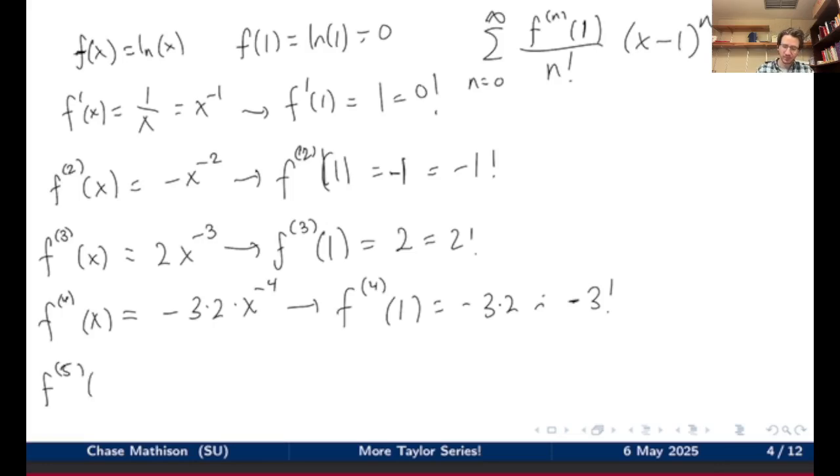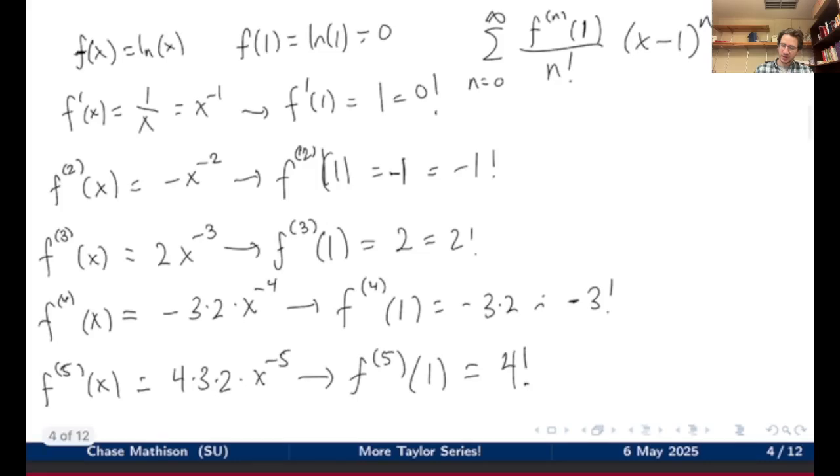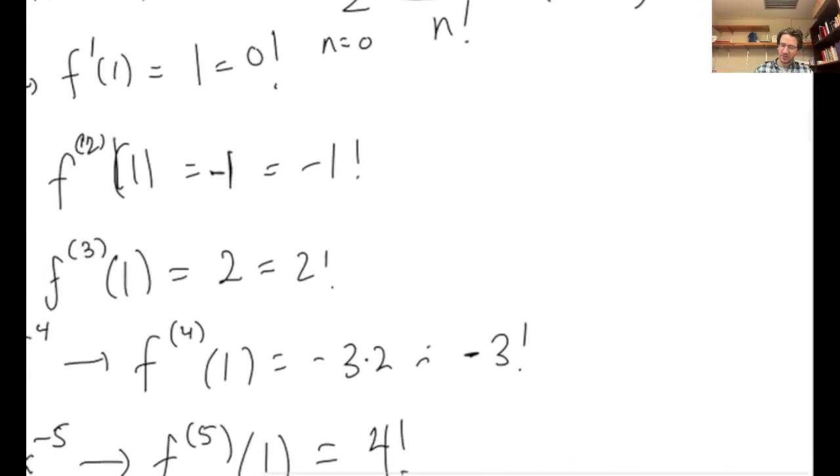So the fifth derivative of f of x is, minus times minus is plus, 4 times 3 times 2 times x to the minus 5. So hey, yes, it's true. The fifth derivative of f at 1 is positive 4 factorial. And at this point, it's okay to say, okay, the pattern